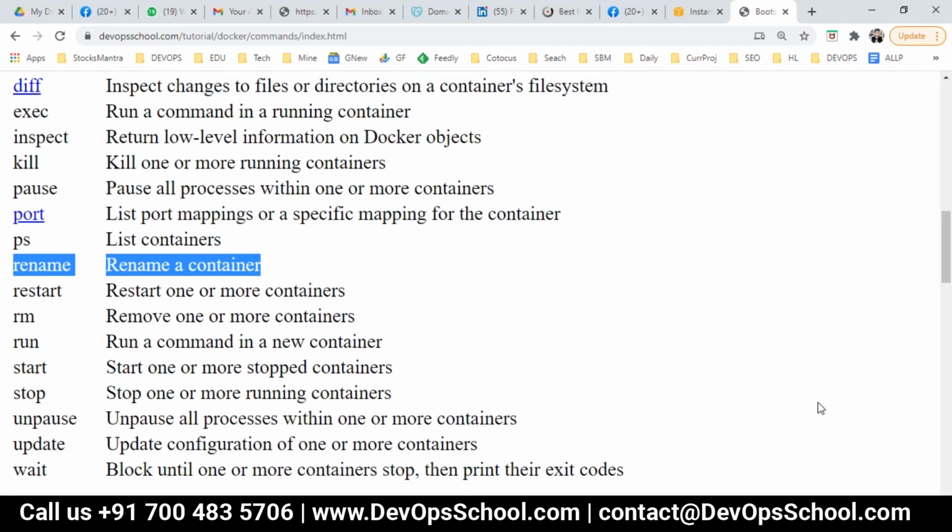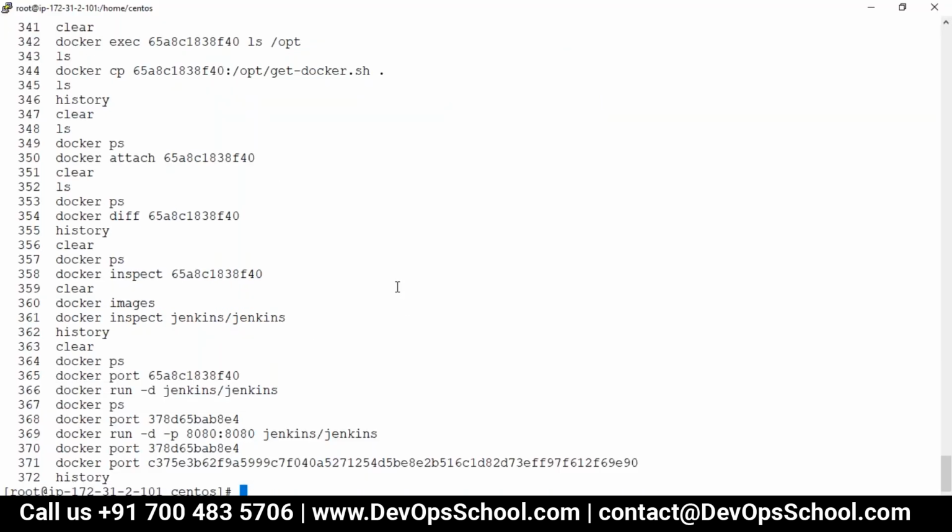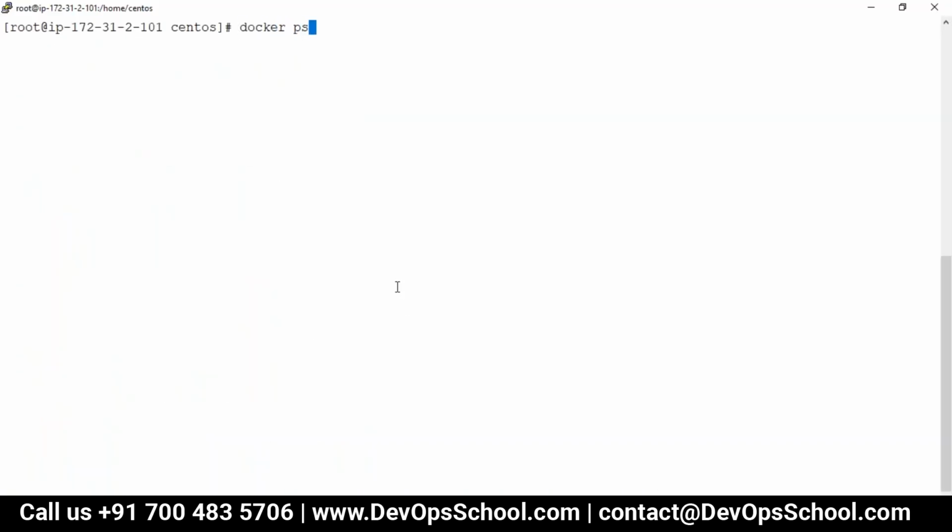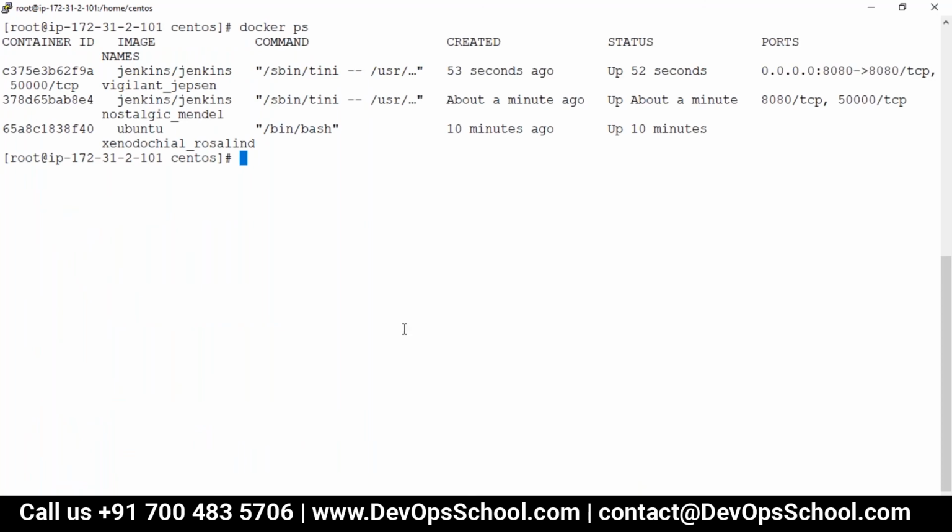Now the rename command. Guys, if you look at docker ps, I have 3 containers right now, and each container has a unique name, but that is assigned by Docker, not by me. If you create a container without a name, a unique random name will be generated and assigned to each container to make it identifiable. Though you can also use the container ID, the name is also unique to the host.